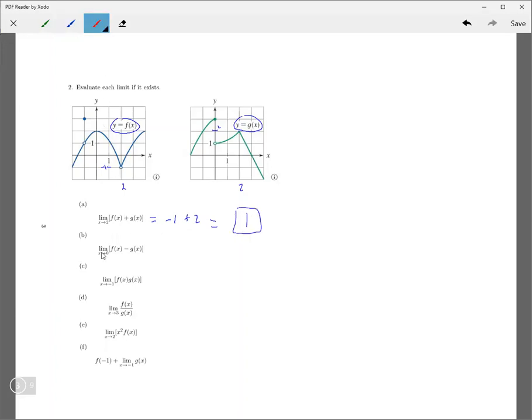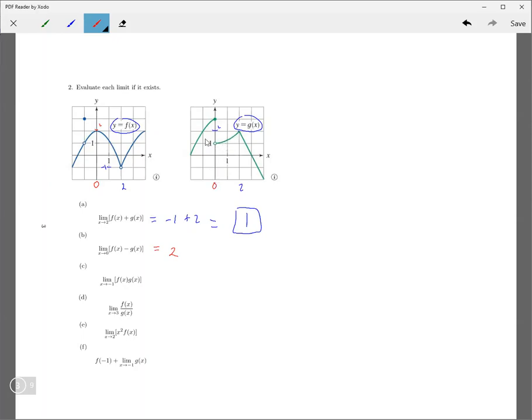Okay, next one, we've got the limit as x approaches 0 of f of x minus g of x. Okay, so 0 is right here and right here. You can tell because it says y-axis, and that's where 0 is. Okay, so over here, you're going to 2. This is 2. So the function is going to 2. So that's 2. And then over here,